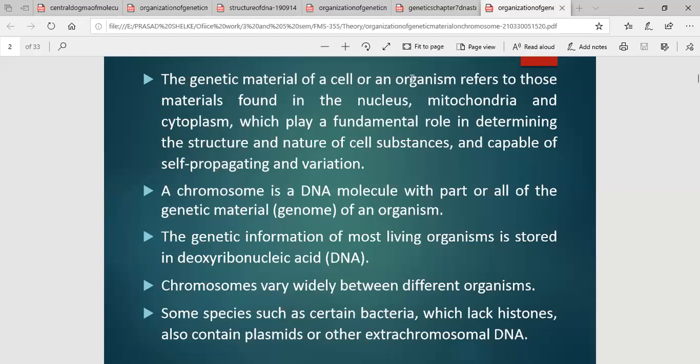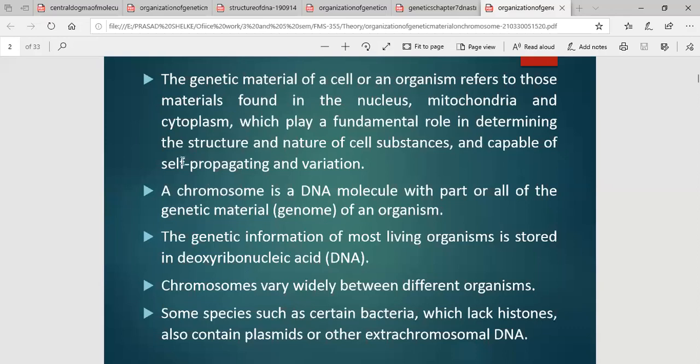So, the genetic material of a cell. As we studied, the DNA and RNA molecules are the main functional units of a cell. They carry the genetic information of the organism, which should be transferred to its progeny. That's why it's an important component, and why it's organized in the cell in a proper manner.